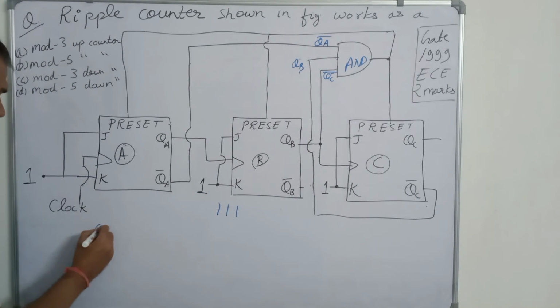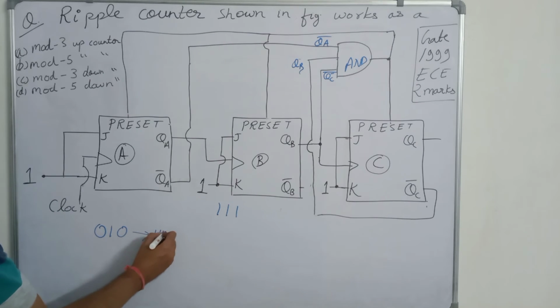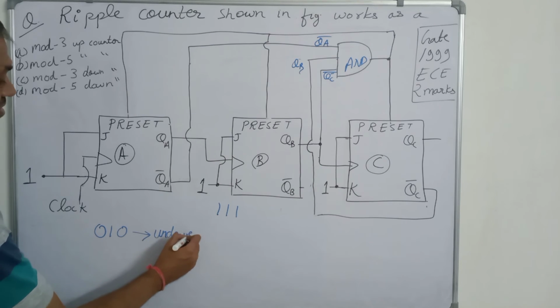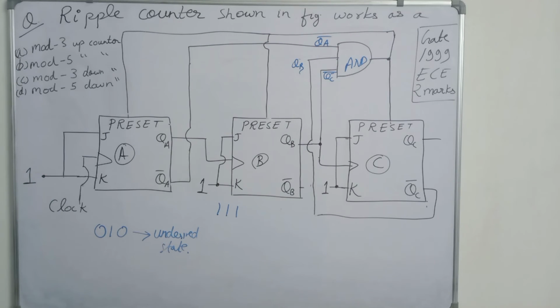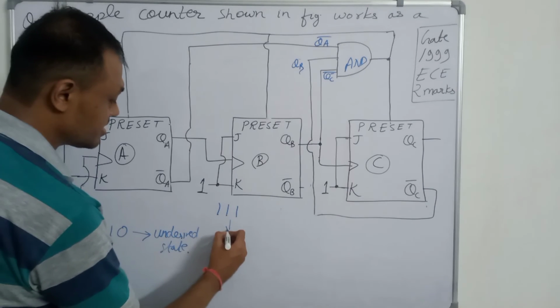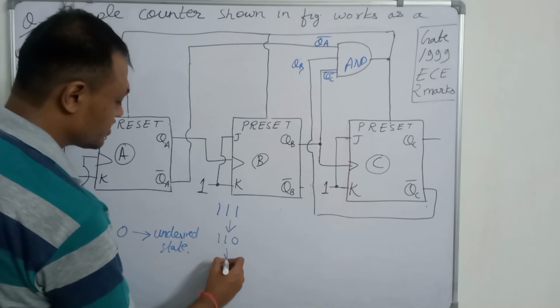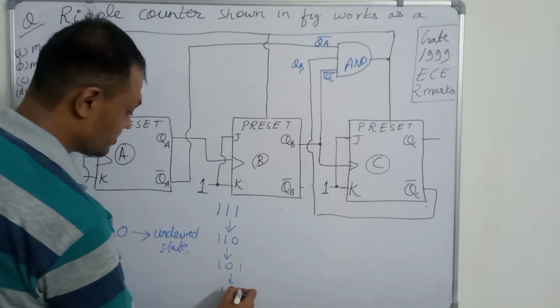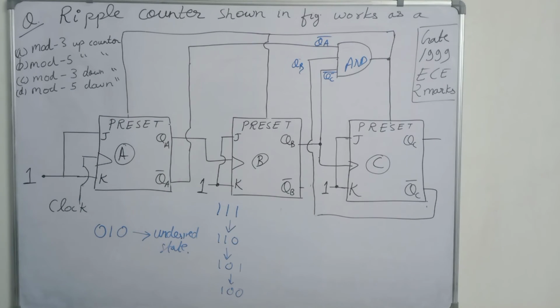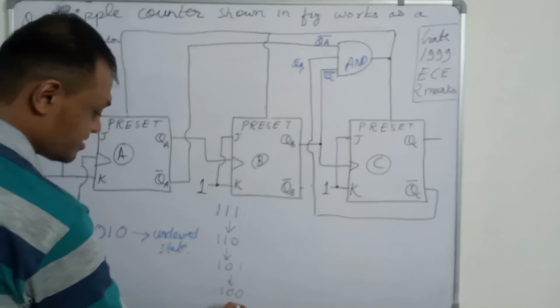0 1 0 is an undesired state. So the states are 1 1 1, then 1 1 0, then 1 0 1, then 1 0 0, then 0 1 1,